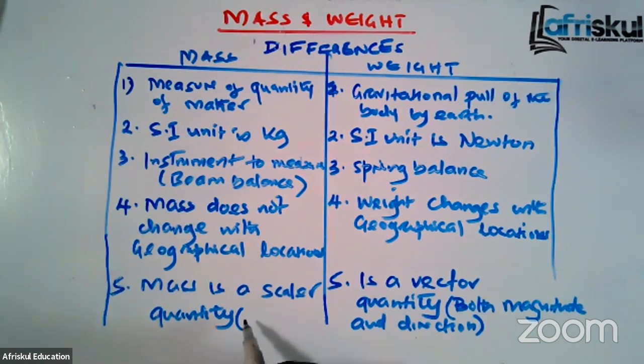A scalar quantity, we say, has only magnitude. So these are the 5 differences that we can cite between mass and weight, so that you do not confuse the 2 quantities. I will now proceed to say something more and discuss the relationship between mass